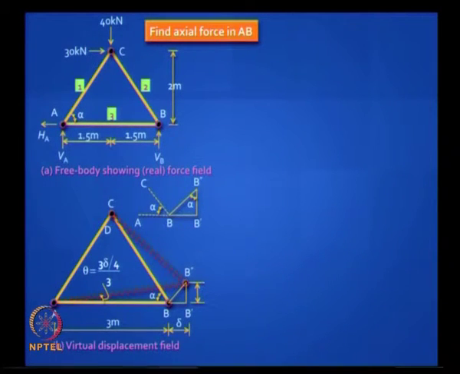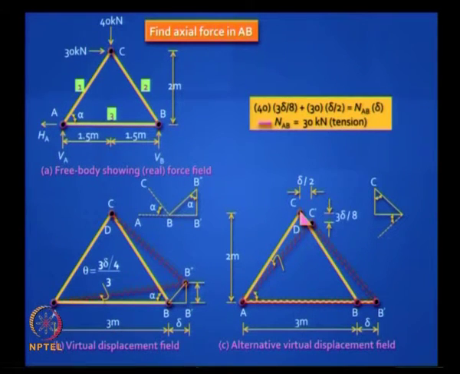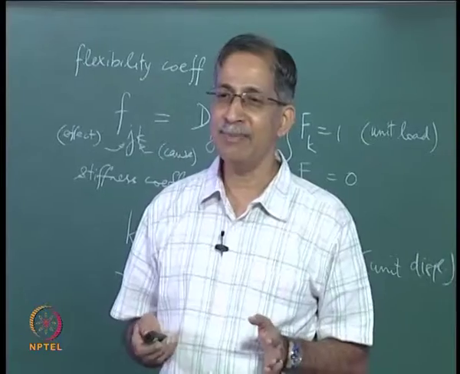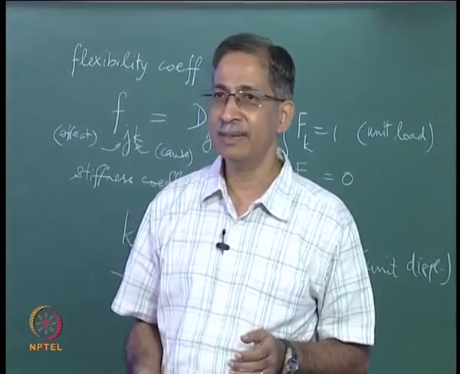So in this configuration, the advantage is the only change in length is in AB, and it is equal to delta, and you have to work out the trigonometry part of this and find out how much the joint C has moved horizontally and vertically. This can be done. Once you have done this correctly, simply invoke the theorem, you will get the answer. So it is a powerful technique. You might make mistakes if you are not careful with the trigonometry involved.